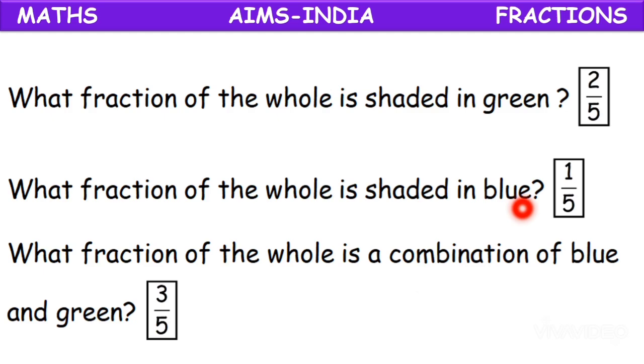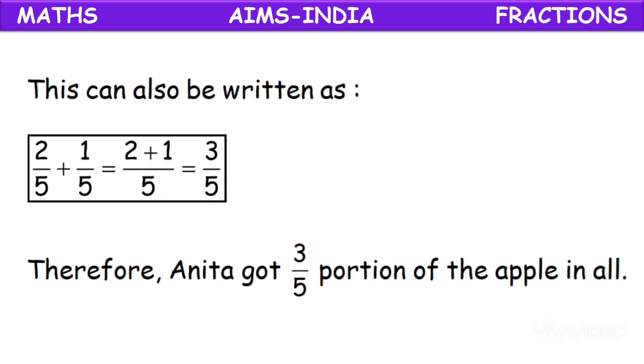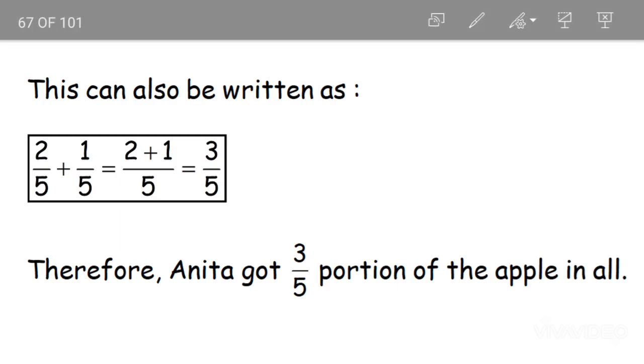The fraction of the whole shaded in green is 2 by 5. The fraction of the whole shaded in blue is 1 by 5. Now, when we combine both blue and green together, the fraction we get is 3 by 5. And how is this possible? As these both are our like fractions, that is, having the same denominator. 2 by 5